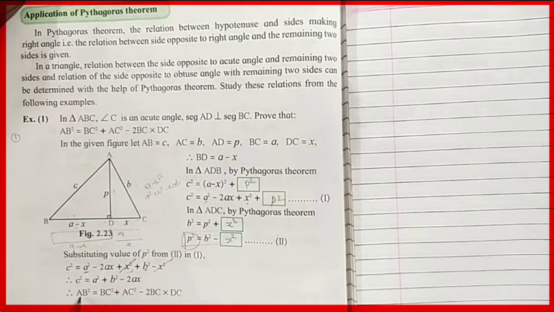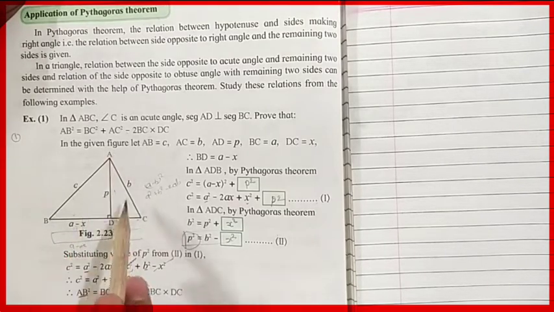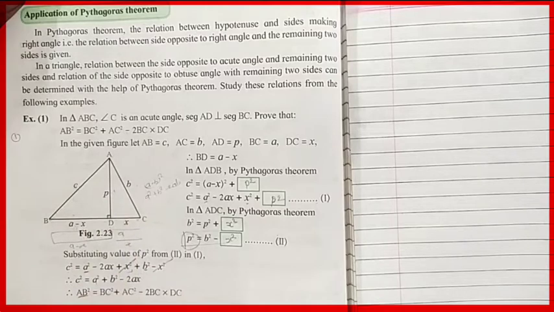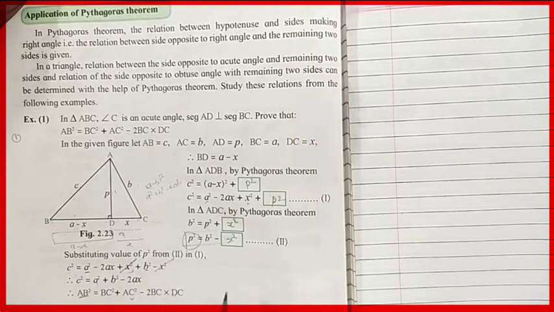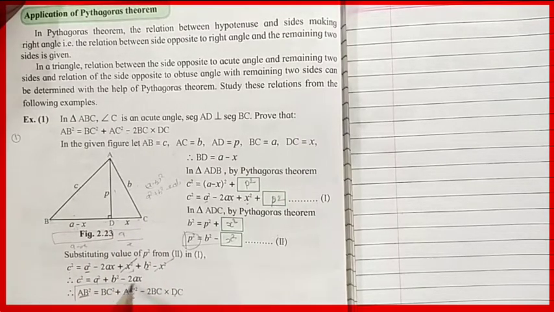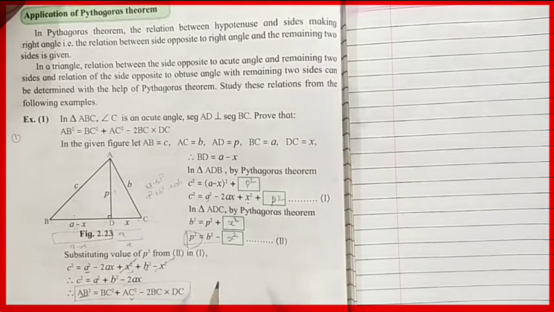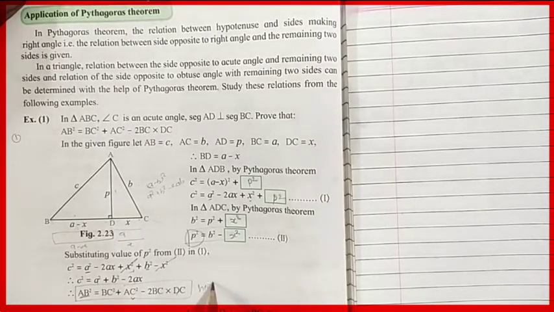So we have written here ab square. Then what is a? A is bc. So we have to write here bc square plus we have b square. What is b? It is ac. So instead of b square we have to write ac square. So we have ac square. Then minus 2a. What is a? A is bc. So we have written here bc into x. What is x? It is dc. So we have written here dc. So and this is our answer. और ये हमको प्रूव करना था. This means we have to write hence proved.